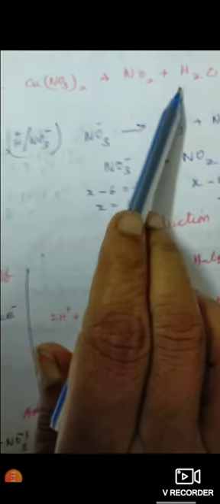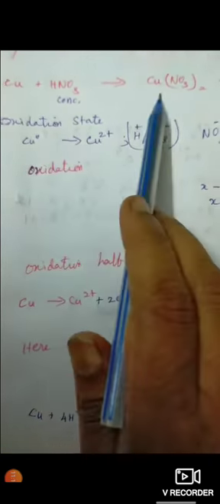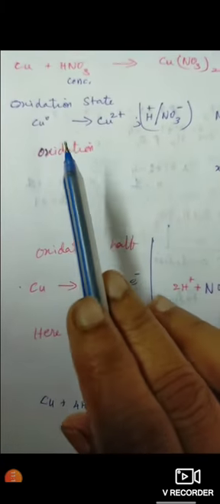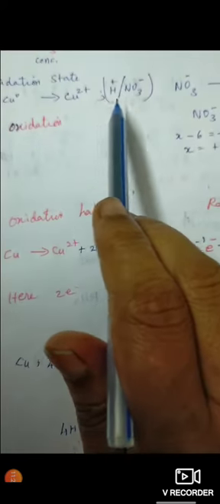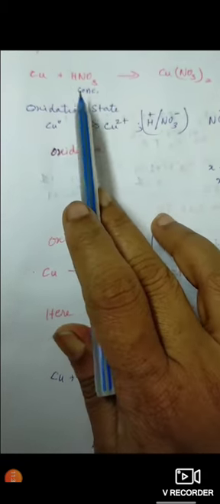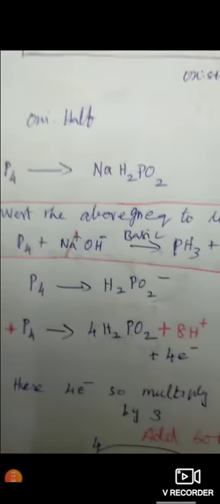One homework, you can write this. Another example, Cu plus HNO3 gives Cu(NO3)2 plus NO2 plus H2O. Actually, without doing all those steps, we can balance it easily because we know the balance. But here what we are doing is converting into ionic state and balancing like a redox reaction. Without writing this also you can balance it. But if they are asking to balance as a redox reaction type, you have to write all the steps. Then only you can balance it.